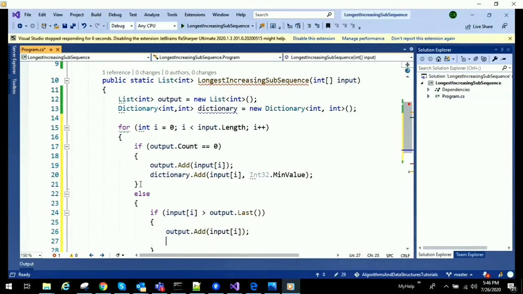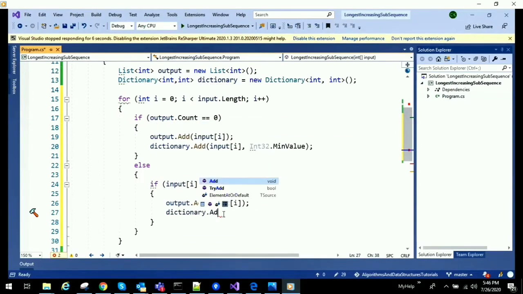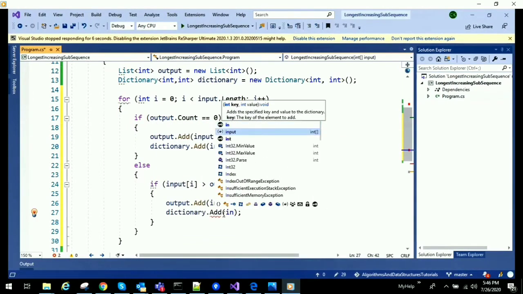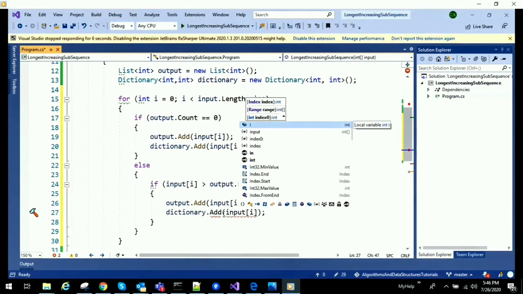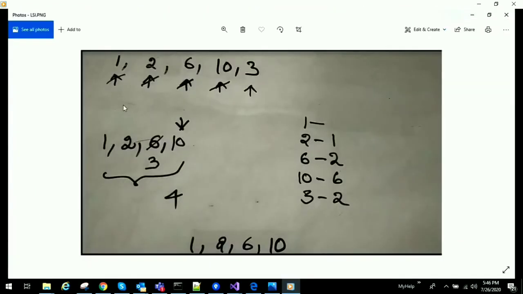Along with this, we also need to maintain the dictionary information. The dictionary key is always the current element, input[i], and the value will be, for example here, if we take 2, it has come after 1. To get 1, what we need to do is take the current index and then do -1.